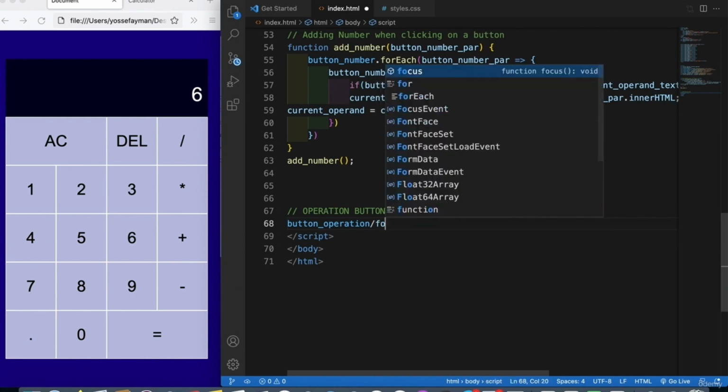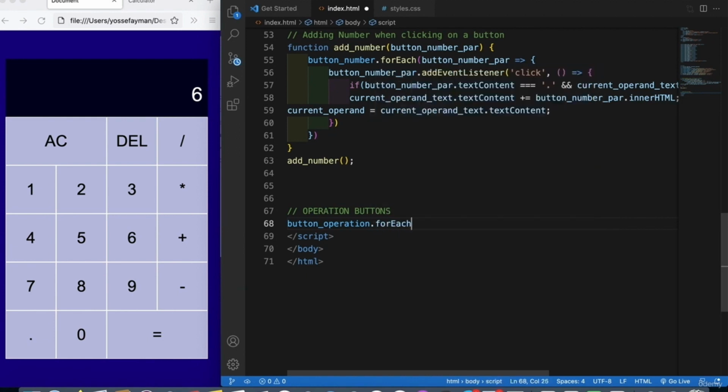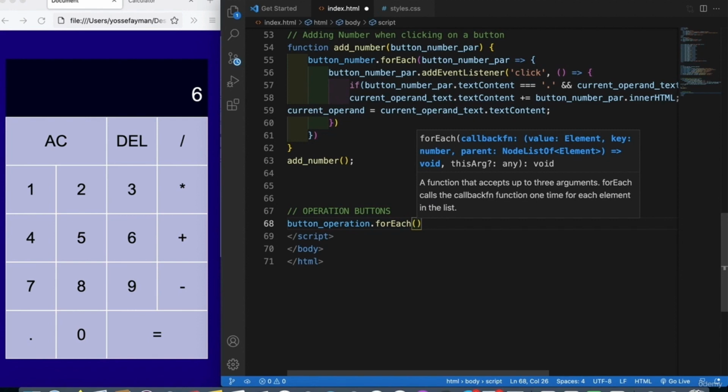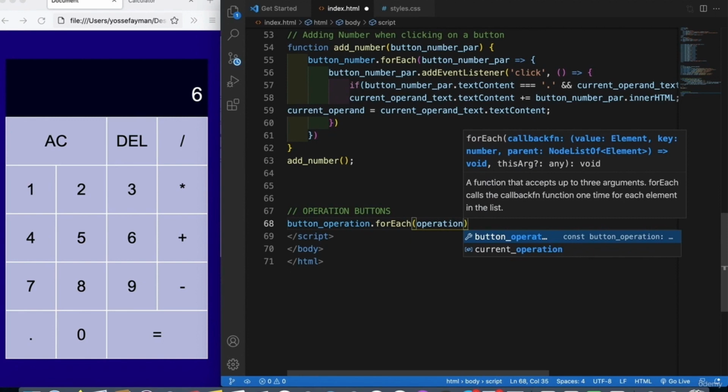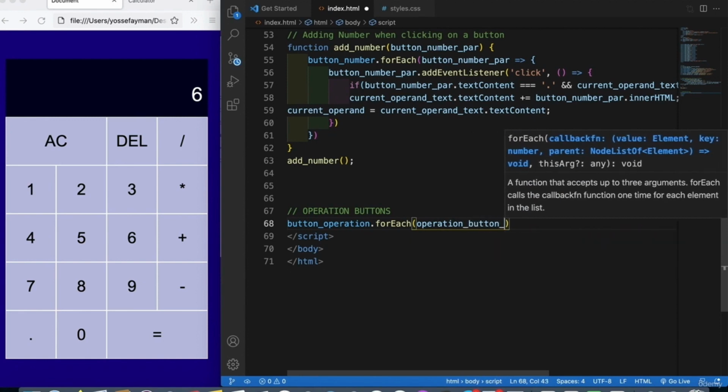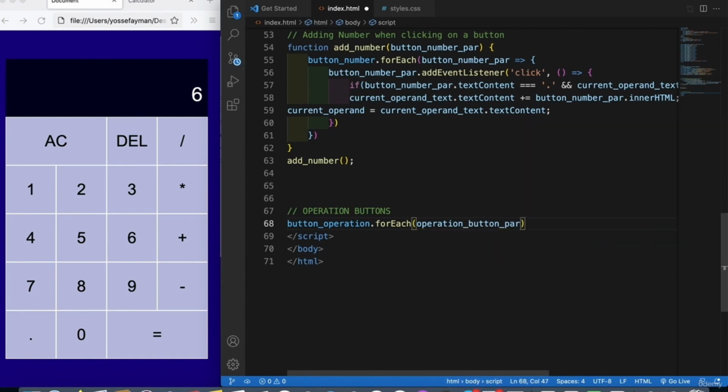dot forEach, because we're using here the data. And here we know how to use the function with event and also forEach, in case you want to choose the forEach or the function. And as advice, you need to try to use the function event instead of the forEach when we are done with the videos of the calculator, to practice on both of them. Here we can make for the operation button parameter, and here